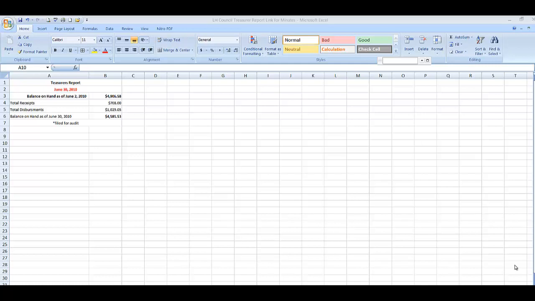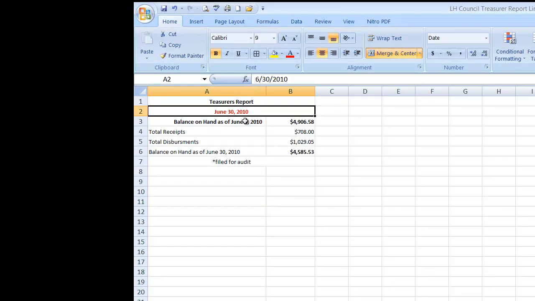This is a short clip on how to use Excel to embed your treasurer's report into Word. I'm using a regular Excel document and summarizing all of the information for the treasurer's report in about 4 or 5 lines. I list in the first cell the treasurer's report, the date of the treasurer's report, and then I